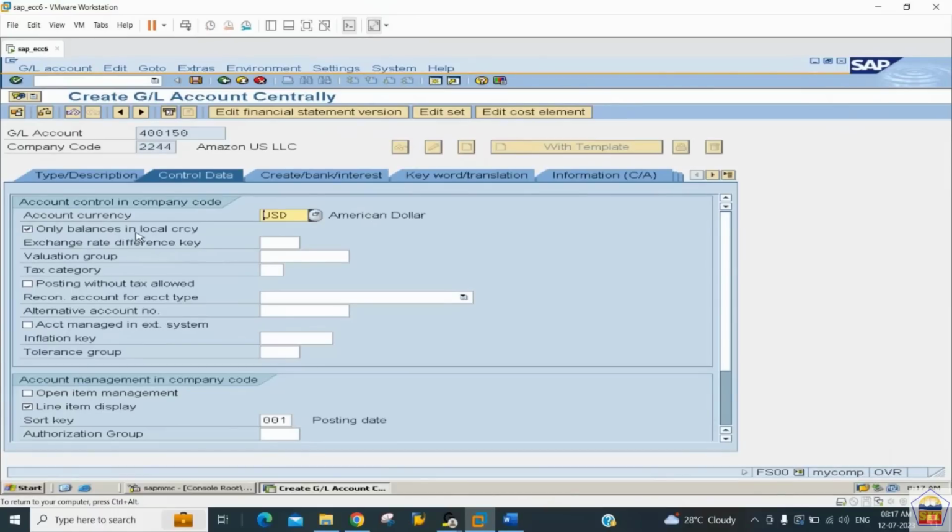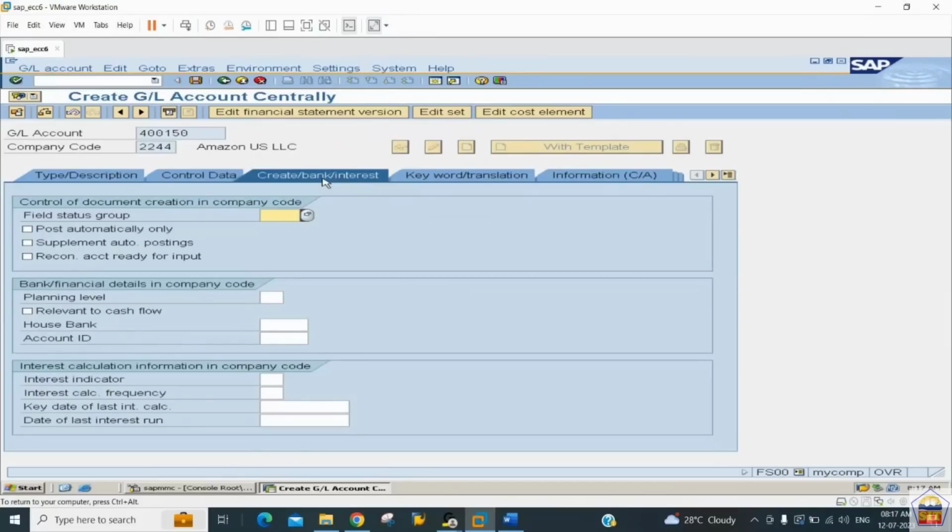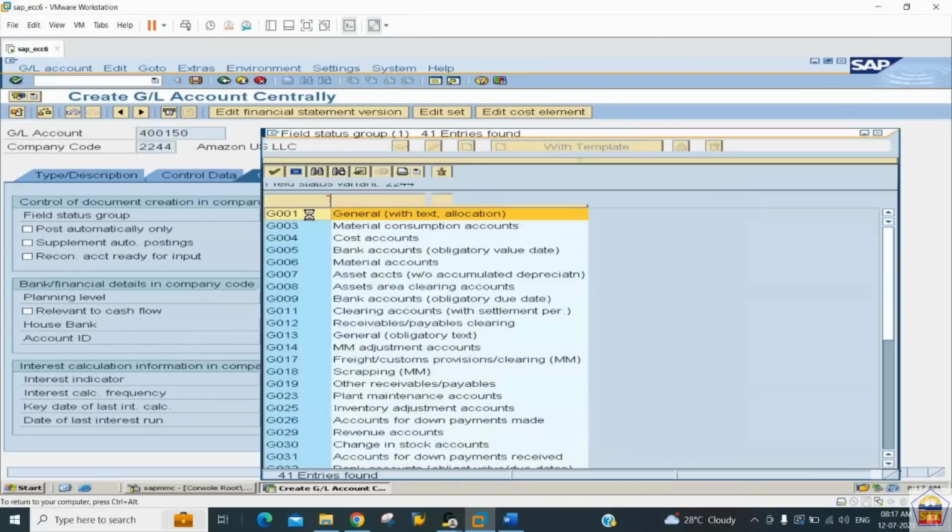Select only balance in local currency, line item display, sort key 001. After that we can go to the third tab, the bank interest tab. Here we need to assign the GL for the